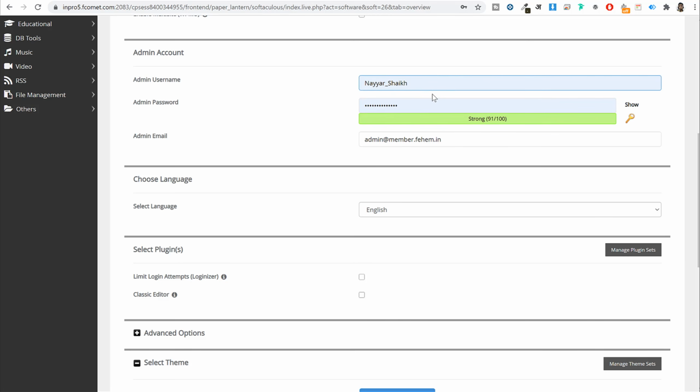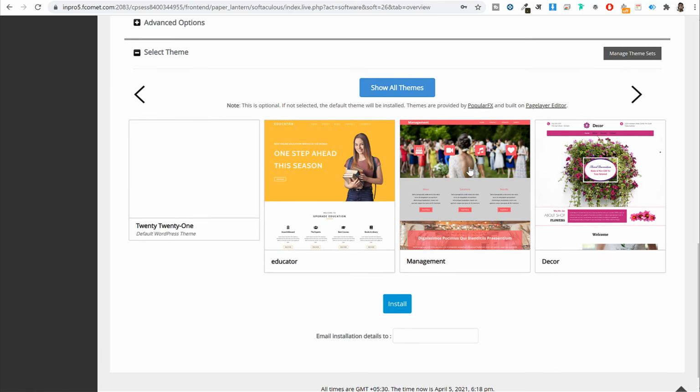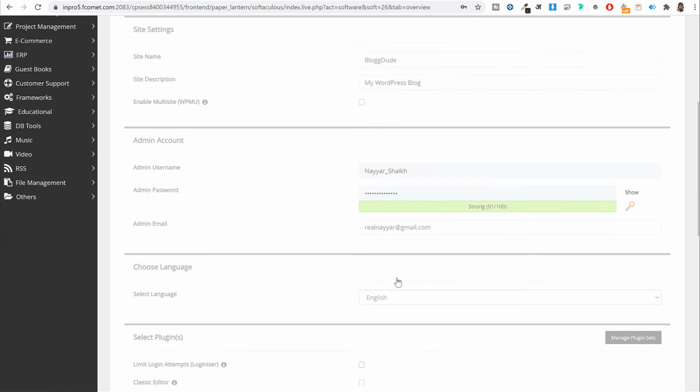If you don't change your username and password, it will be very easy for anyone to hack your website because they already know your username and password. Everyone, when they try to log into any website, tries username admin and password pass. So make sure you change this. And after that, you'll see your admin email. Make sure to delete this and enter your own personal email address over here. Then once you do that, go ahead at the bottom and click on this install button.